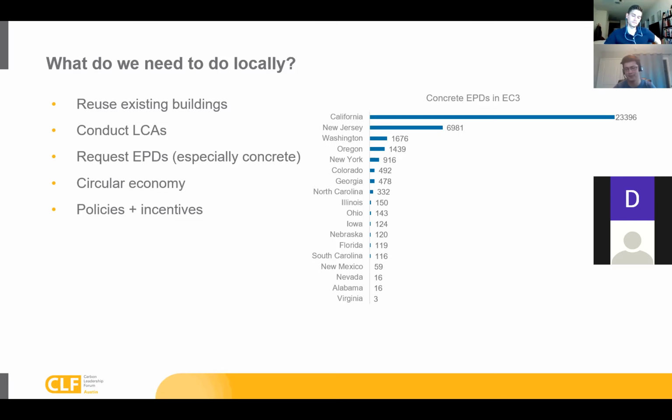Then requesting EPDs, especially for concrete, especially in Austin. If every mix has an EPD, then we have a much better idea of what concrete looks like in a particular municipality or region. That connects to broad policy efforts like Buy Clean, leveraging government procurement to require EPDs for certain materials, but at least ask about it. There's no harm in saying, either give me an EPD or tell me why you can't. It's easy to say why you can't, but you're at least starting the conversation, and they understand there is user demand. Also contribute to the circular economy: design for deconstruction, reusing materials,